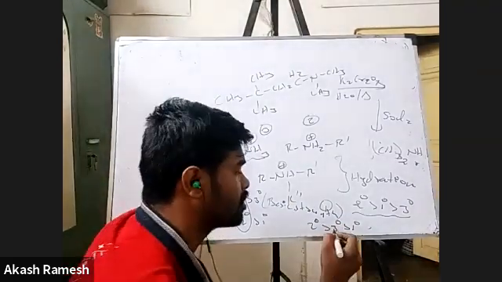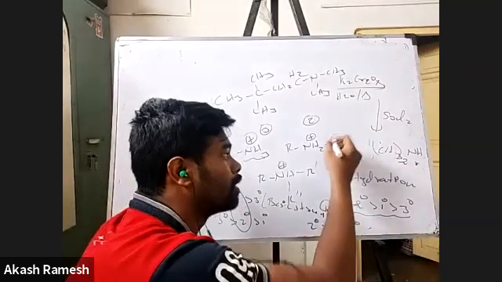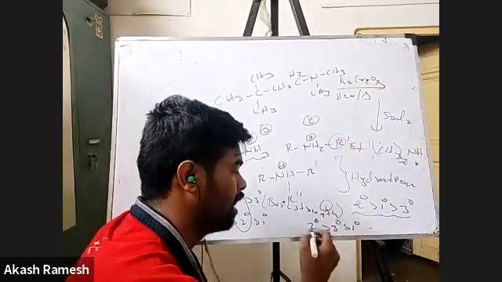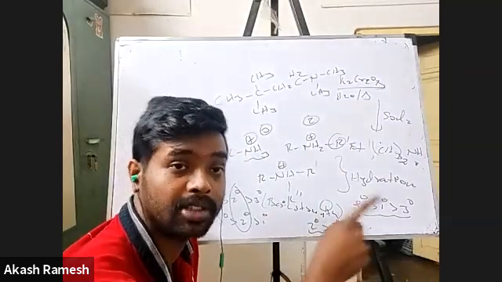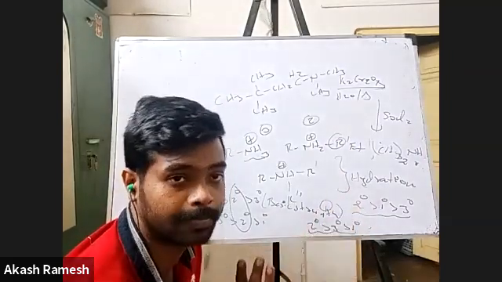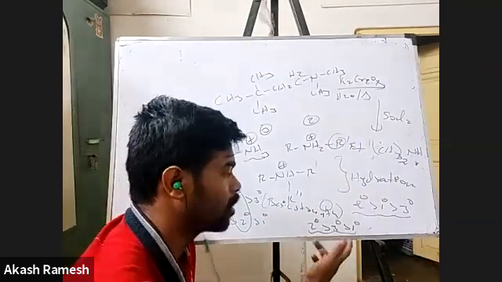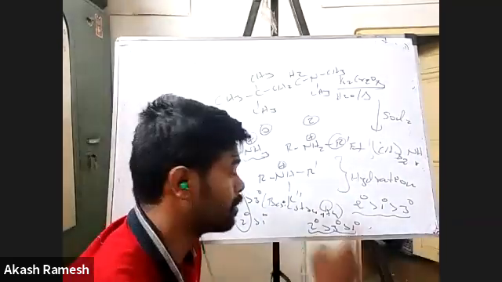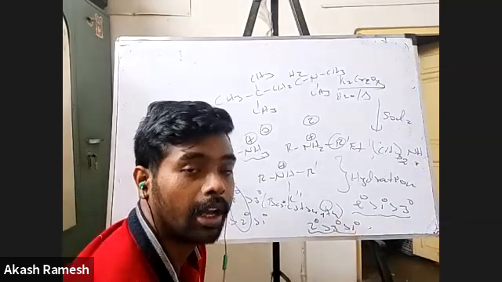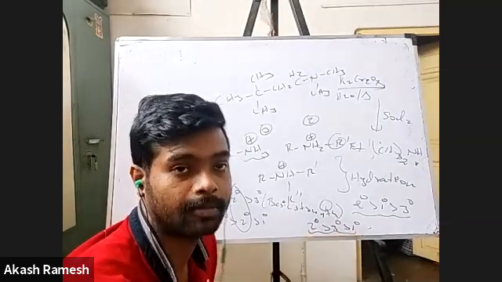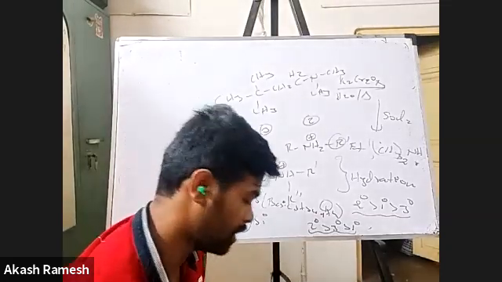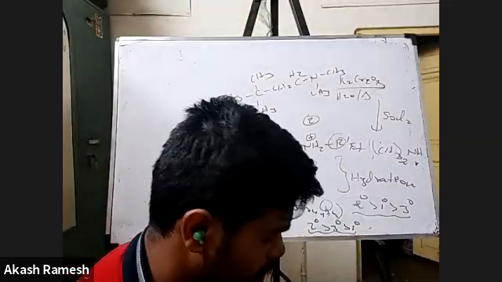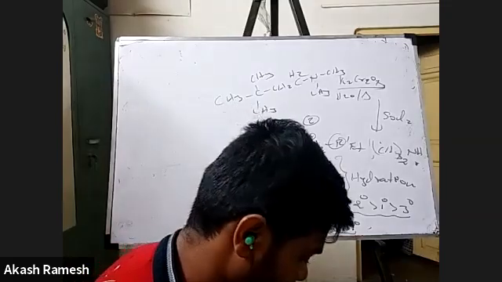If R is ethyl, you will find that this will be the order. I'm not sure, I'm just giving you an idea, but definitely it is different for ethyl and methyl groups. So in that case, what you can tell is that between primary and tertiary, the availability of the lone pair dominates. That's why we are getting this particular order. But please check your notebooks, please check your NCERT textbooks. You will get a very clear picture there.